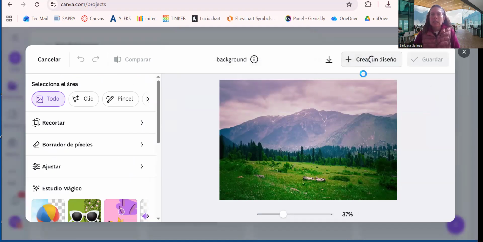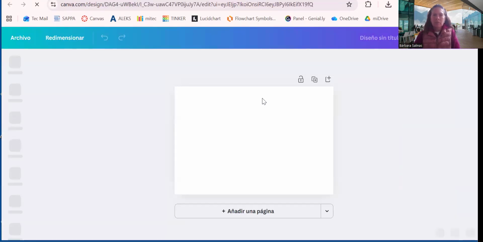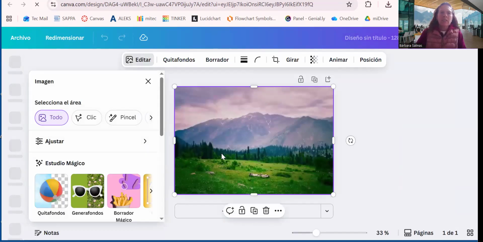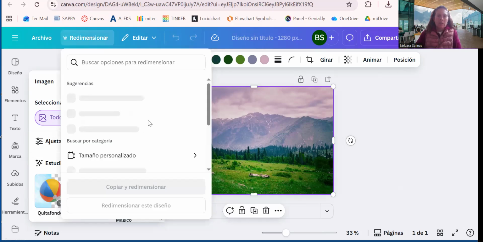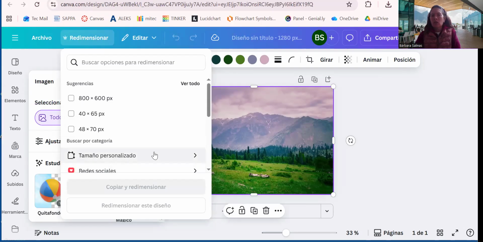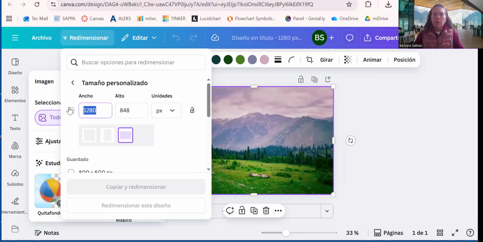Let's see if we click create a new design. Excellent, it's this one. So you have to create a new design because that way we're going to be able to see this button that says resize or redimensionar. Click on it. And then click where it says tamaño personalizado, custom size. And here you're going to be able to see which is the original size, 1280 times 848. And we're going to change it to 800